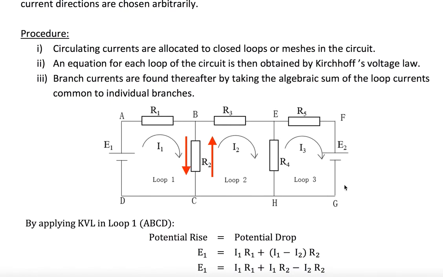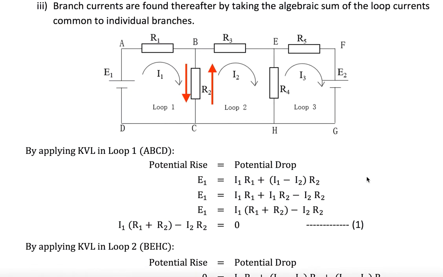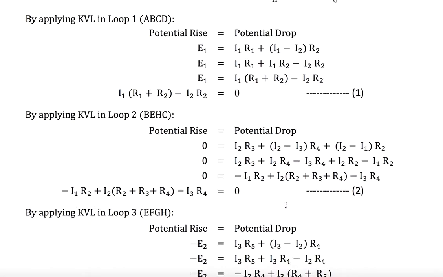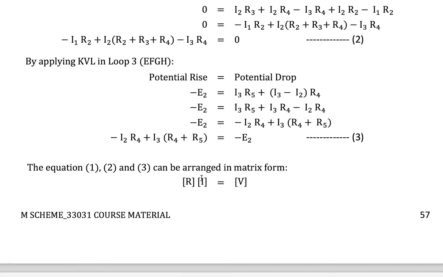We started here and we ended here, so this is where you have to end, equal to 0. Or otherwise, if you transfer E2 to the other side, that becomes plus E2. What is it? I3 R5. Yeah, no, not plus E2, minus E2. This side it is plus, that side it becomes minus.